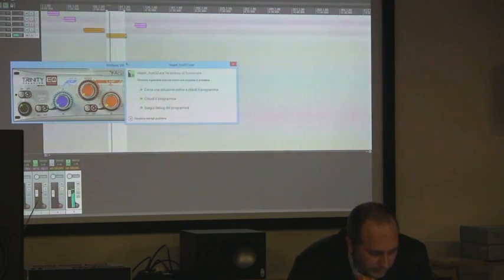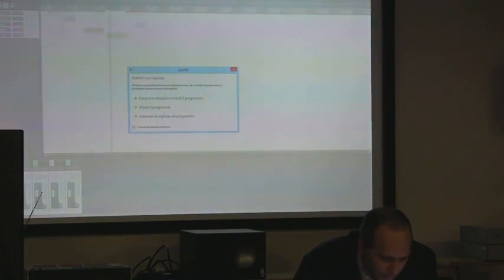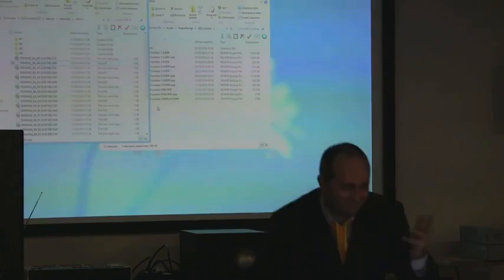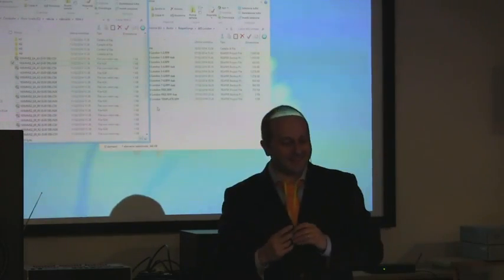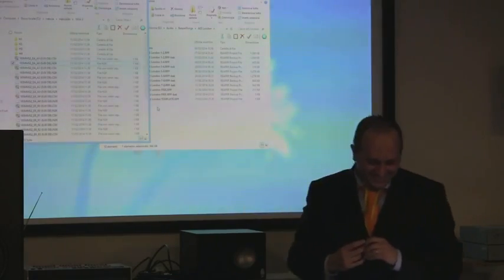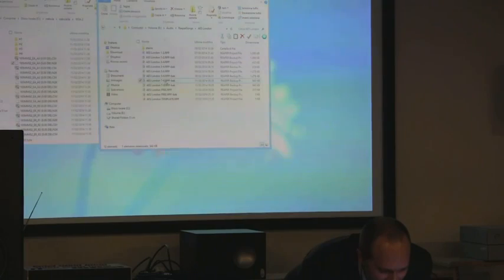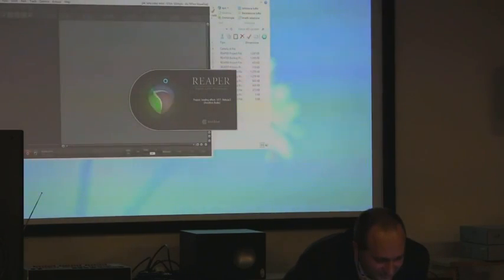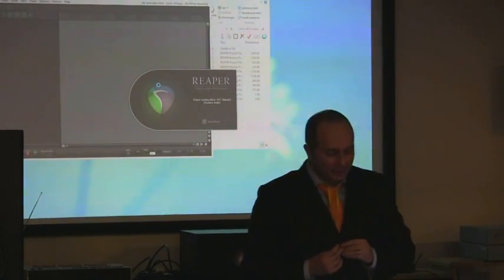So for example, in this case, I enable this in Reaper. It's under testing. Anyway, let's see if we have it again. If it doesn't crash, it means it doesn't work.